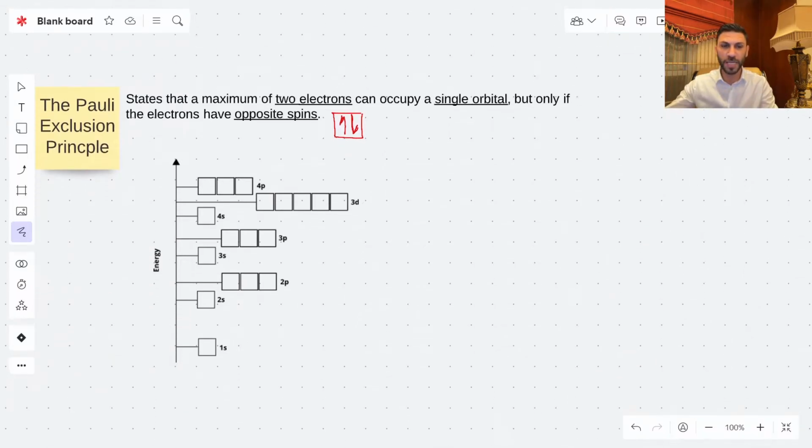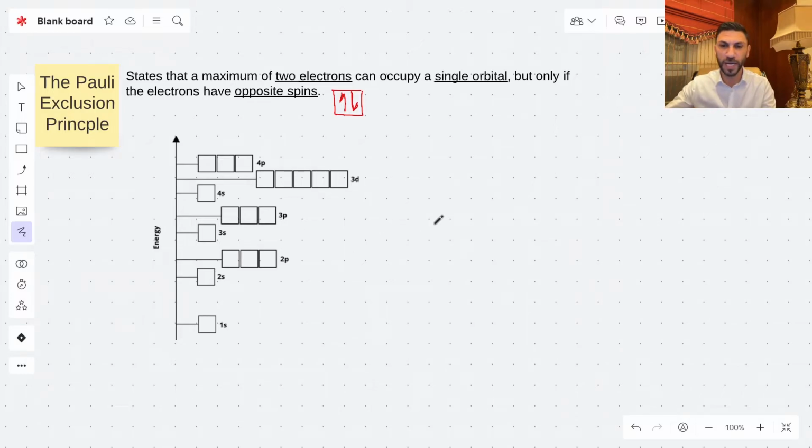So for example, in this diagram, what if we have 5 electrons? According to the Aufbau principle, we need to start from the lowest energy orbital available, which is 1s, finish, 2s, finish, and then 2p, finish, and then 3s, finish, etc. So this is how we start distributing the electrons.